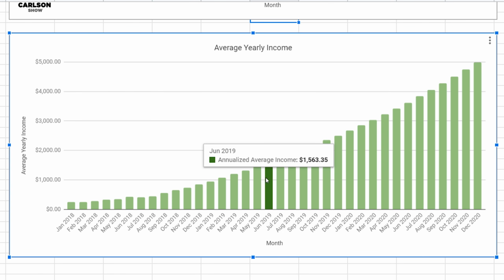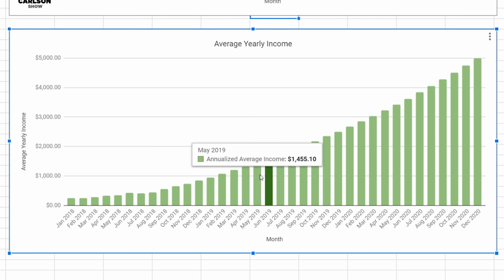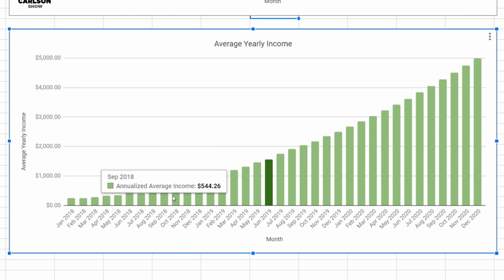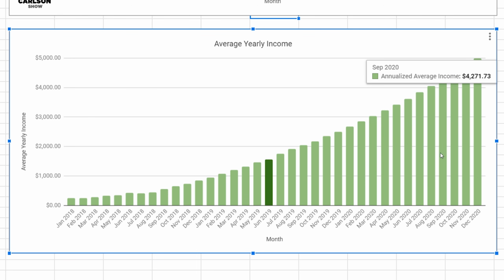Meaning if I never did anything with my portfolio, if I never deposited any more money and I never reinvested the dividends, I could expect to make around $1,500 from it the rest of my life, assuming that the companies don't pay any greater dividends, which they probably will. It'd be $1,500 a year virtually for the rest of my life. And you can see this again, it's just a times 12. So if I went to September 2020 again,